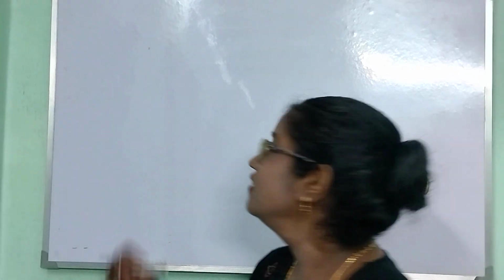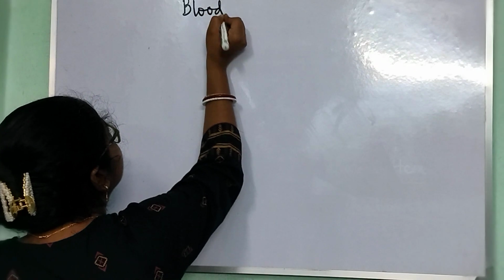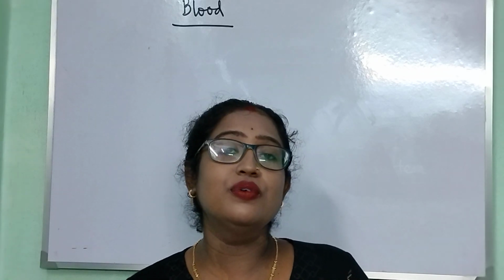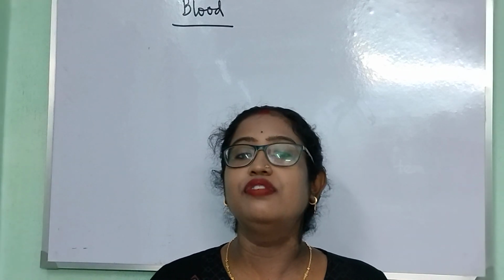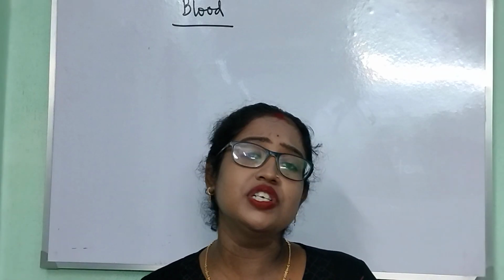Today we will discuss a special topic, that is blood. So, blood is a red colored mobile fluid, means it flows from one part of the body to another. Blood is a red colored mobile fluid that flows in our body to circulate or transport different essential things